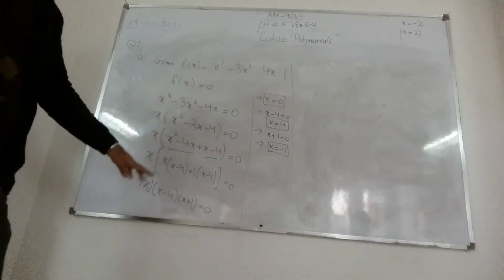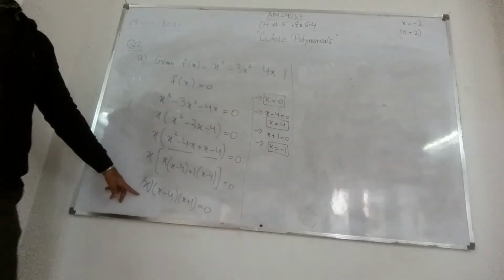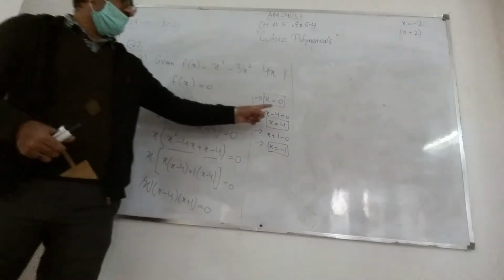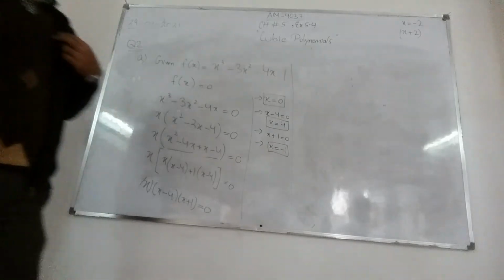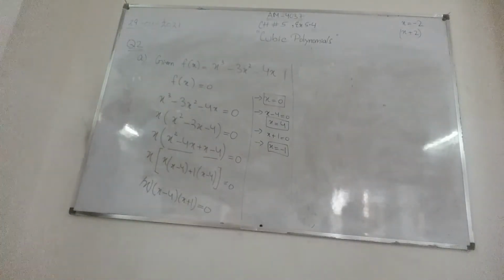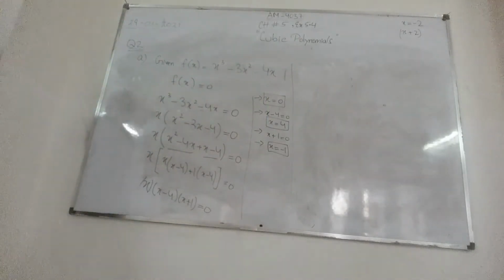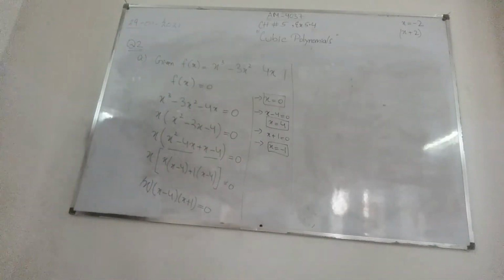what will I do? I will just equate them equal to 0 one by one. So first x equals to 0, then the next bracket is x minus 4. So I will put x minus 4 equals to 0. This minus 4 on this side will get on the other side, inverse operation. It will be plus 4. And the last bracket is x plus 1 equals to 0. When this plus 1 goes on the other side, it will get subtracted. 0 minus 1 is minus 1. So the three values of x are 0, 4 and minus 1, which is basically the answer of this question.